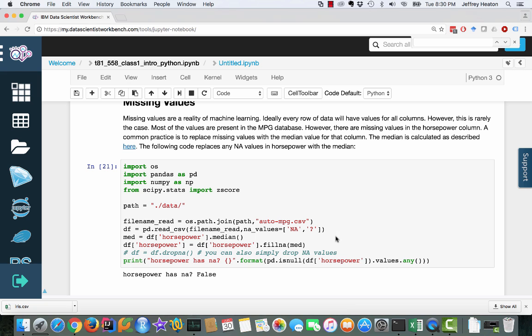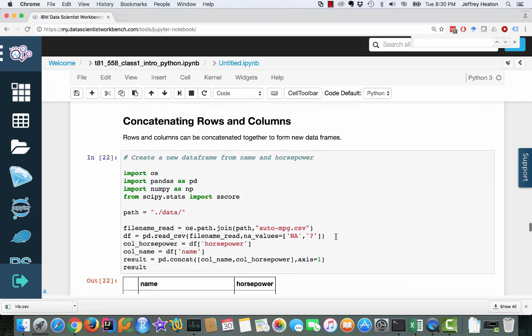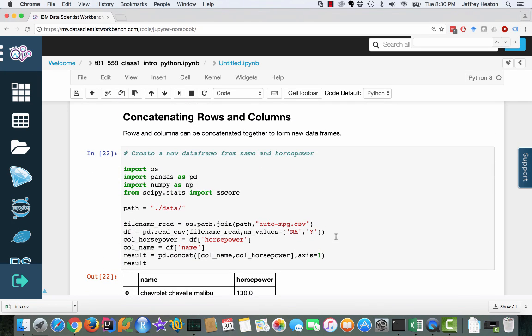And then concatenating rows and columns. So sometimes you have multiple rows you just want to concatenate, or multiple columns you want to concatenate. I'll show you basically how to do that. So here I create an entirely new data frame. I load the data frame just like before. I extract the column of horsepower. I extract the column name,